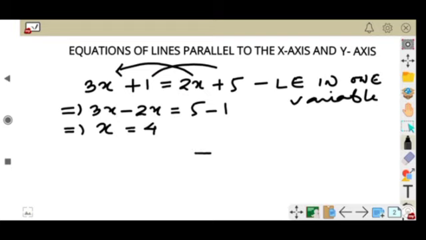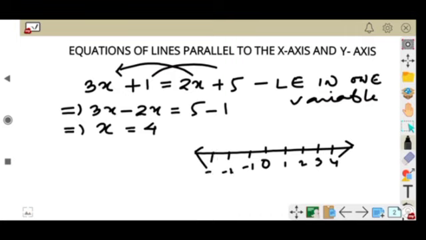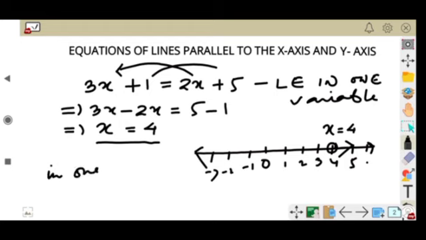I will just draw a simple number line. Then I'll write 0, 1, 2, 3, 4, minus 1, minus 2, minus 3. Just normal. You can continue here 5, 6 and so on. Where is 4 actually? x is 4. So this x is 4. Now it's over. But when I draw the graph of this equation, I draw the graph in one